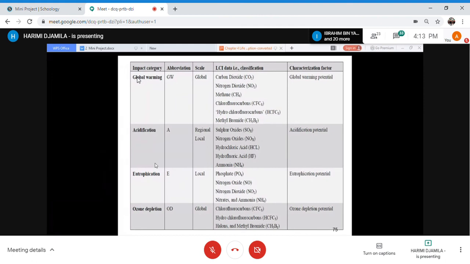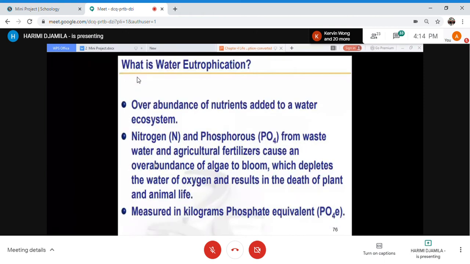I will explain a little bit more about eutrophication. Acidification, I believe you know what it means. I think we talked about ozone, probably in chapter 2. Global warming, I explained before. Okay, what is eutrophication? As simple as this, just focus on the first one. First step: it's an overabundance of nutrients added to water. When you add a lot of nutrition to a water ecosystem, we think that we are doing a favor to nature,